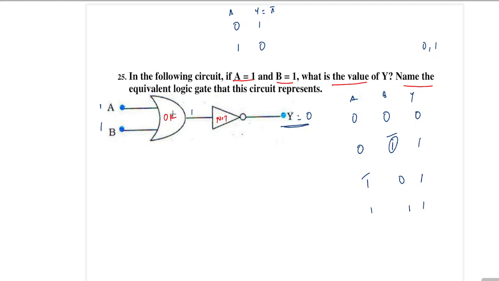The question says name the equivalent logic gate. Now these two can be combined into a single gate with a symbol like this. This is called the NOR gate. That is, NOT gate plus OR gate together is called a NOR gate, and this is its symbol. It's A here and B here. For an OR gate the output is A or B, but NOT means complement. So it is A or B which has been complemented. So it becomes A or B, the whole complement. So this is the equivalent